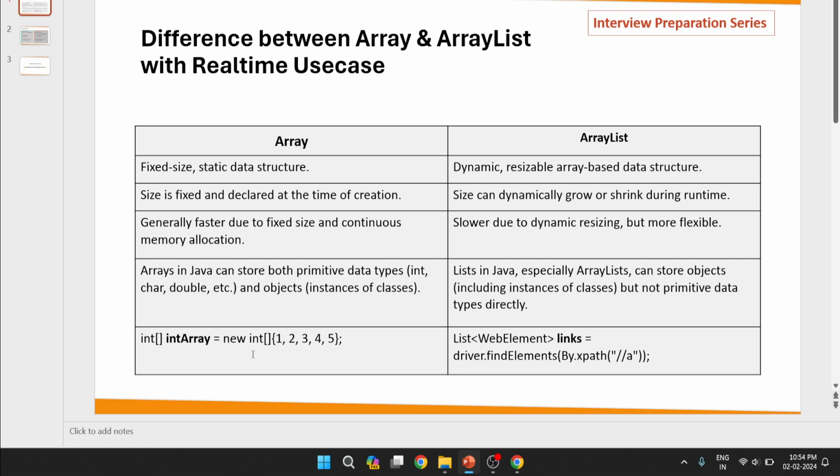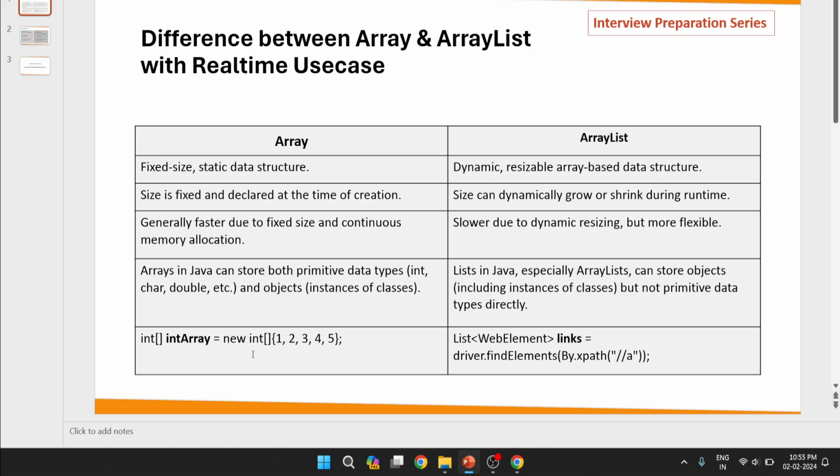So let's say if I store only 3 elements, then the other 2 elements are not filled, but my array will still occupy that empty space for these 2 elements. This is one of the demerits of the array. So to overcome these issues, mostly the fixed size of the array and to reduce the memory utilization, we will use